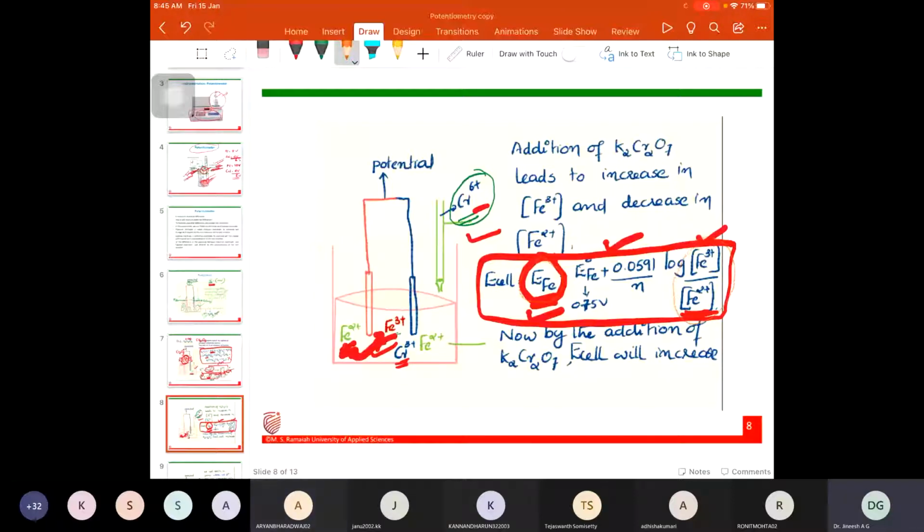Again, we are adding another 0.5 ml. So measure that potential, the new potential you measure, then again add 0.5 ml of potassium dichromate solution. If you are adding potassium dichromate solution again, what happens? Fe2+ will again be converting into Fe3+. Am I right? Yes, sir. Again, whatever Cr6+ you are adding into the solution is being converted into Cr3+. Clear?